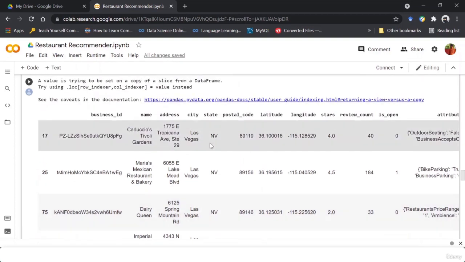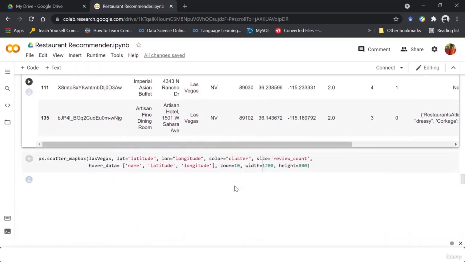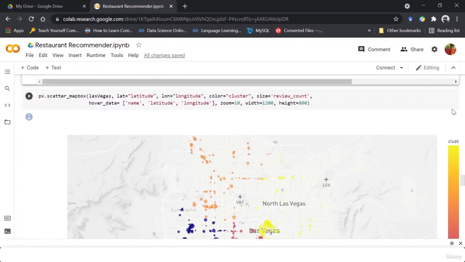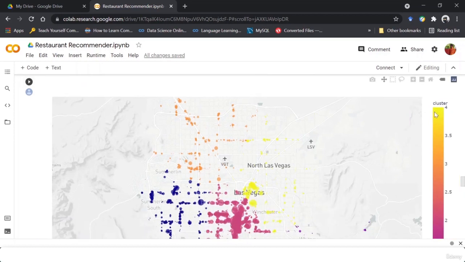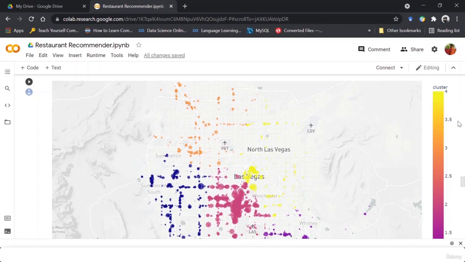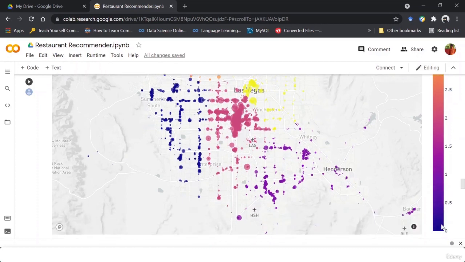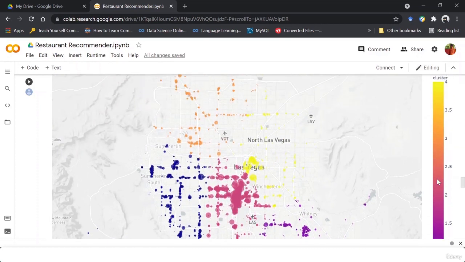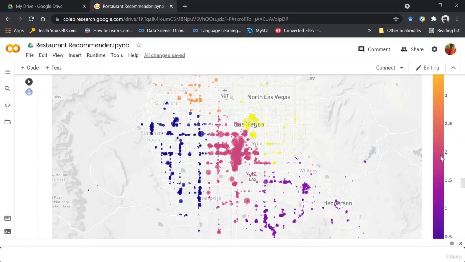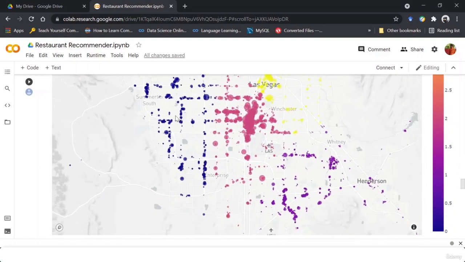restaurant belongs to. Now what I'm doing is again building a map, which is now based not on rating but on clusters. Though it is giving you a point of 3.5 and 2.5, there's no 3.5 and 2.5 present here. It's either 4, 3, 2, 1, or 0. So that's why you won't be seeing any orange color. You would directly be seeing yellow, dark orange, magenta pinkish, purple, and blue color here.